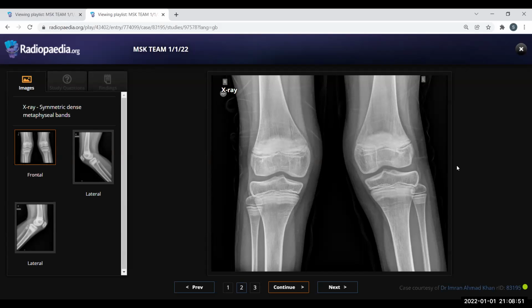Dense metaphyseal bands could appear in a variety of conditions like lead poisoning in children. Sorry, I'm missing you. There is a lot of echo. Can you repeat again? What is the differential you told, Dr. Mahak? Dense metaphyseal band, it could occur in lead poisoning in children, after lead ingestion, and they can also occur in healing rickets. But I don't see any bowing or any other deformity which could suggest a previous insult of rickets. And in children they can also occur in some conditions like